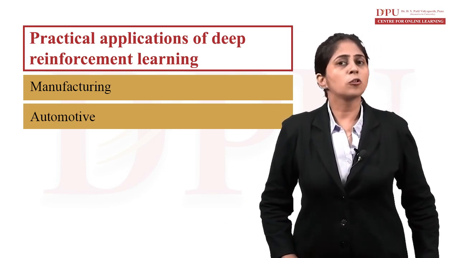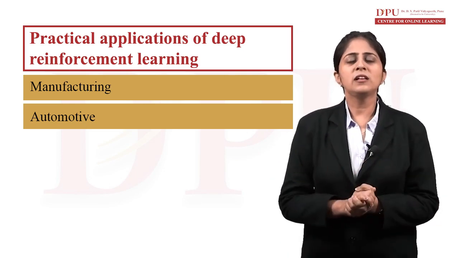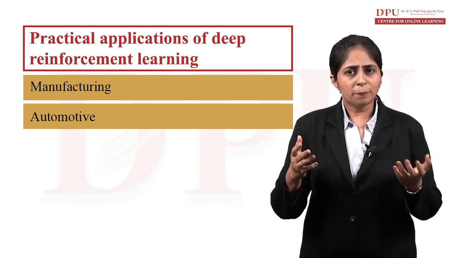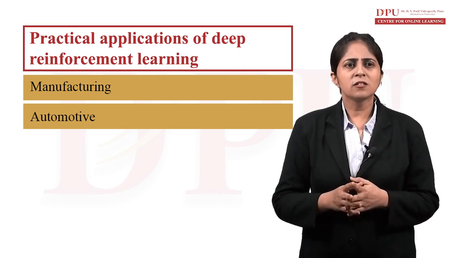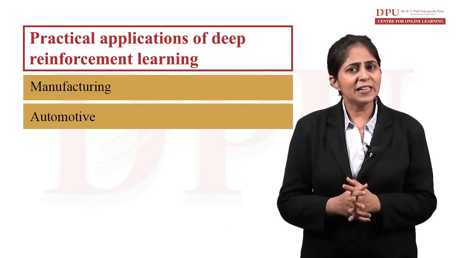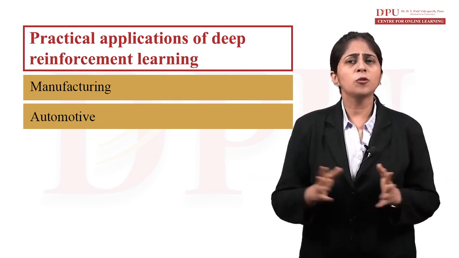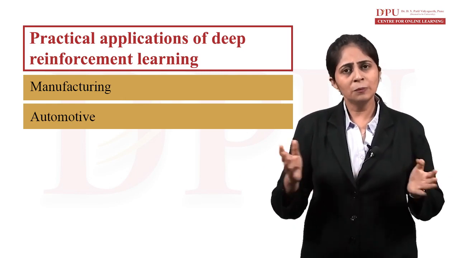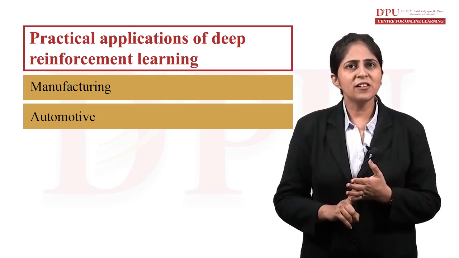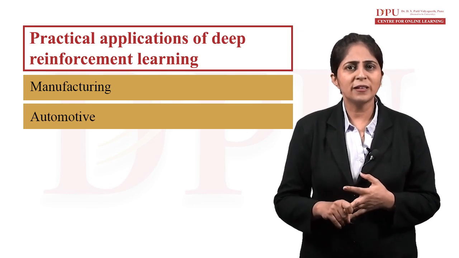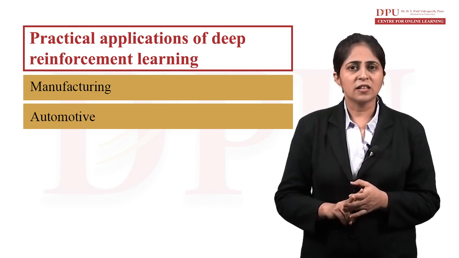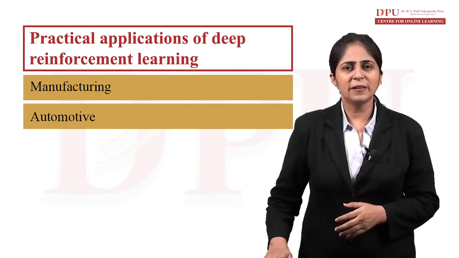If we are talking about the automotive industry, we are using deep reinforcement learning for the purpose of autonomous vehicles, for helping to transform the factories, for vehicle maintenance, and for the overall automation in this industry. Because the automotive industry has a large data set. So the first application that we have talked about in deep reinforcement learning is manufacturing. The second application is the automotive industry. We are using this deep reinforcement learning.